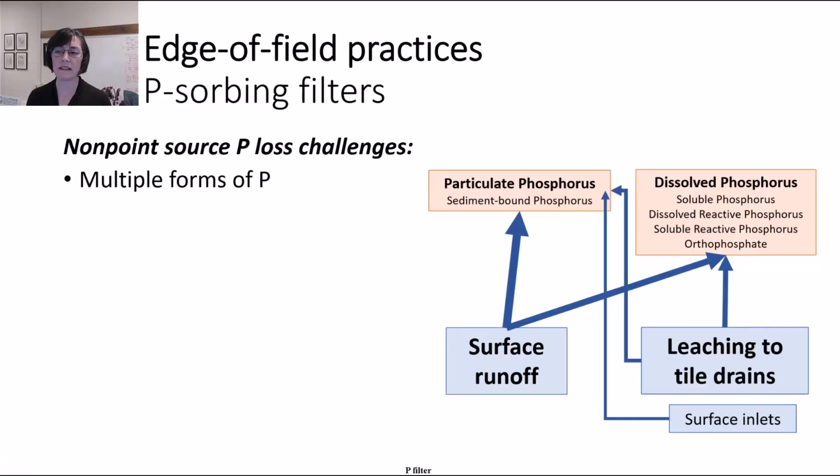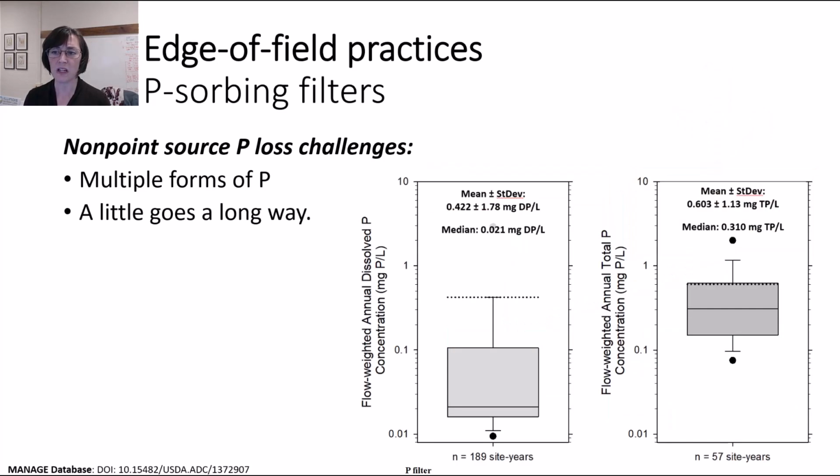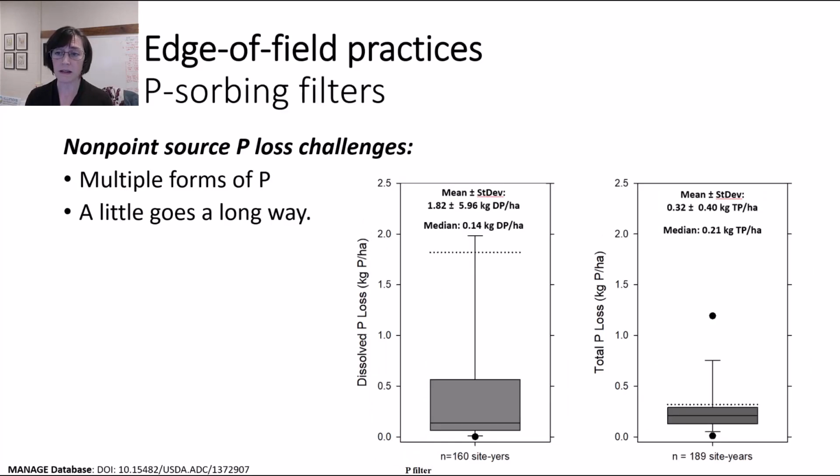You'll remember from earlier lessons that there are several forms of phosphorus to be concerned about in agricultural runoff or agricultural drainage water, both particulate phosphorus and dissolved phosphorus. You'll also recall that our concentrations of phosphorus in ag drainage water tend to be very low numbers, and correspondingly the associated losses of phosphorus draining from our fields in terms of kilograms of P per hectare are essentially agronomically inconsequential because they're also very, very low numbers.